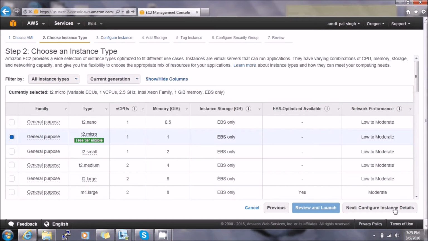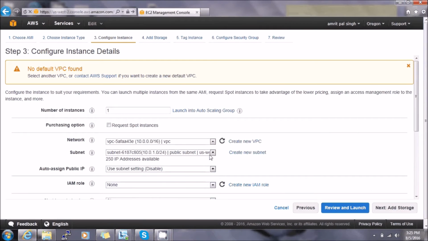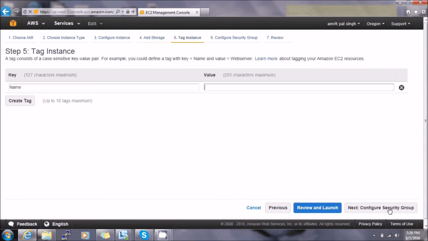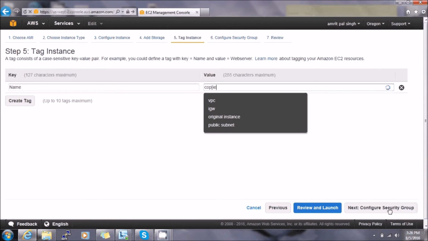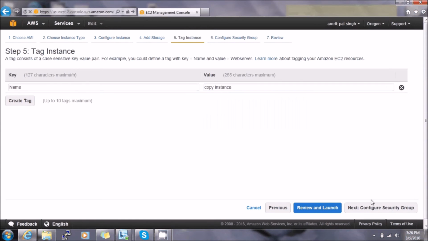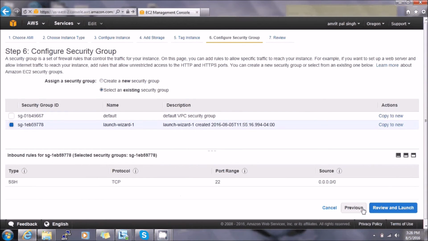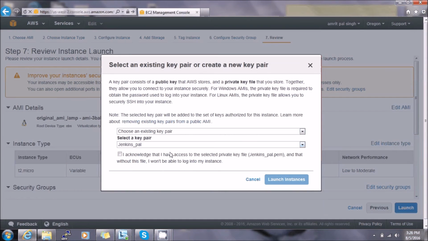You can actually change the instance type. This is a good option. You can vary everything which you want to vary. Now look at this, you can have this as an EBS, so everything in it will be as it is. So this is the copy instance. Now it will actually launch from the AMI.